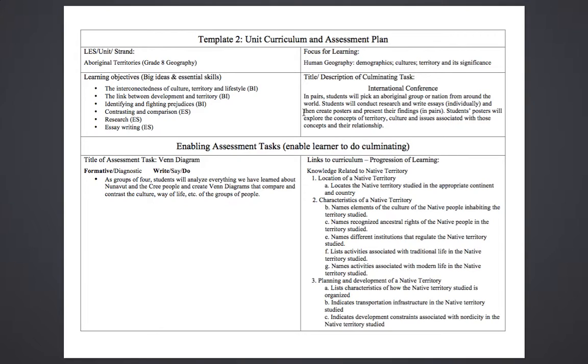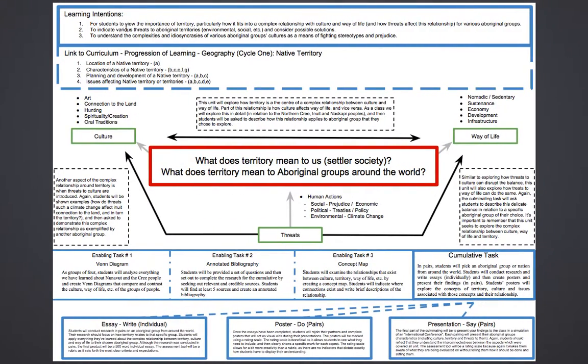And then you fill in the gaps by providing links to the curriculum, making sure you're covering that. You pick the competencies, the skills you want to evaluate. But yeah, so basically you set forth the learning objectives, big skills and essential ideas. For me, the big skills, these three reflect the learning intentions I had set forth here, more or